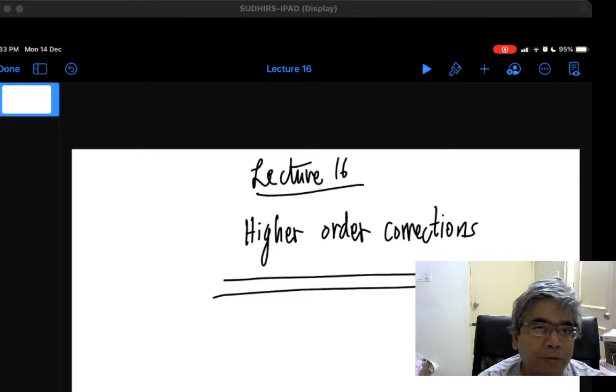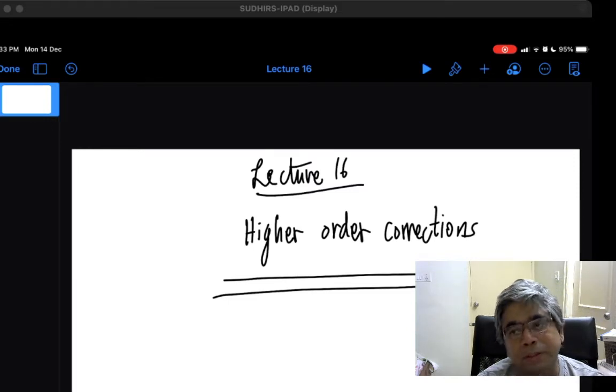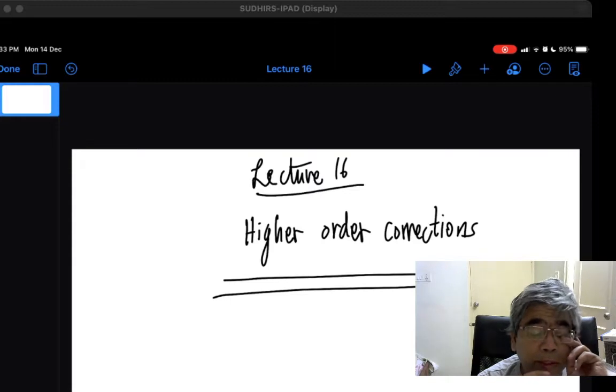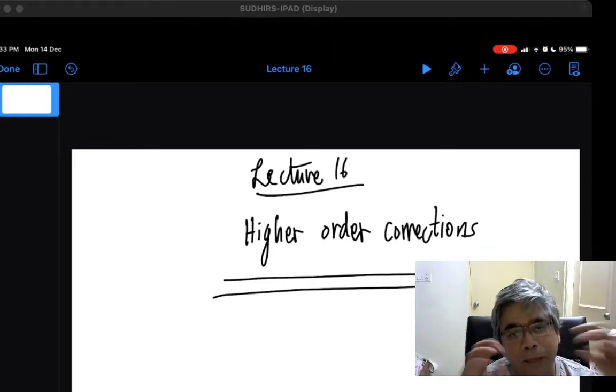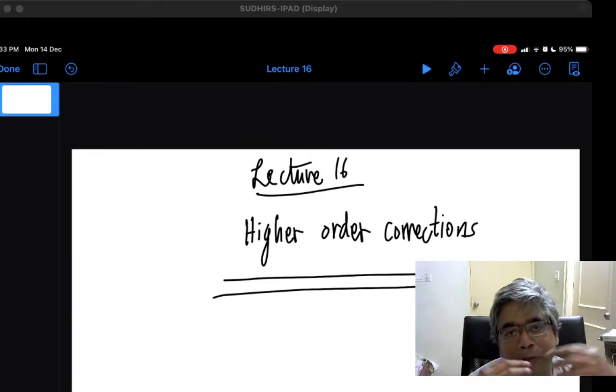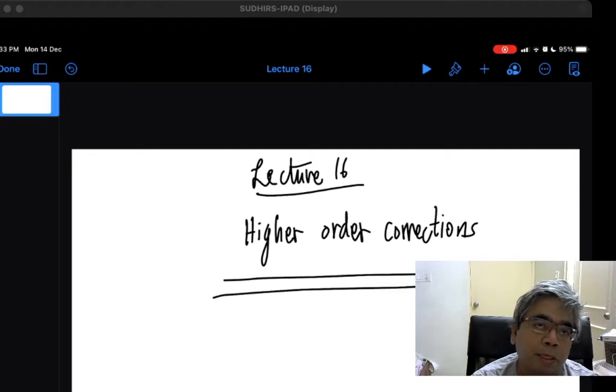Today I'll try to cover as much ground as possible, which we have lost in the last couple of weeks. When we left off at lecture 15, we were looking at higher order corrections. What do they mean, and why do they have so much importance in understanding quantum field theories? This is a very important requirement